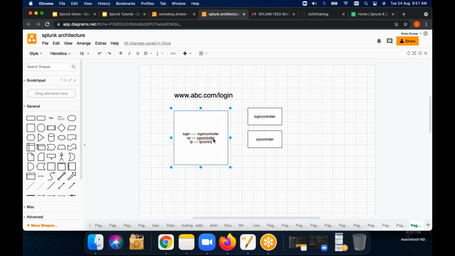Like this, each and every token that is available on the website, that is available in the URL, will be routed to different controllers. Why like that?